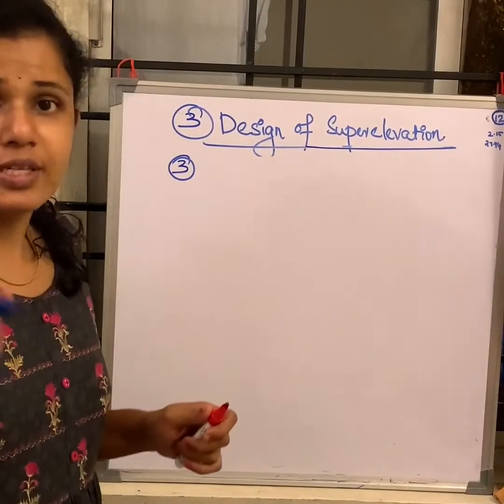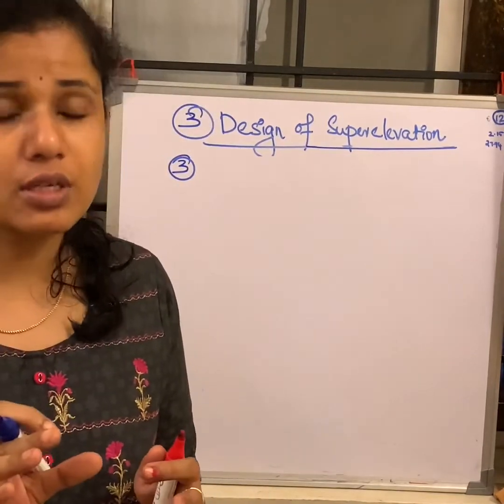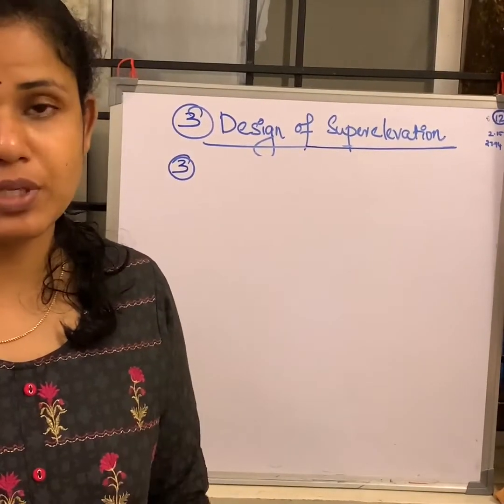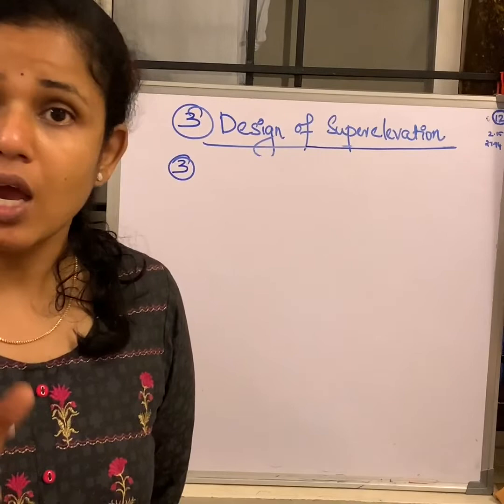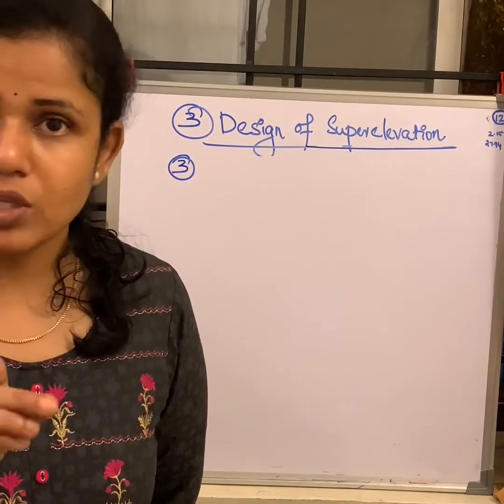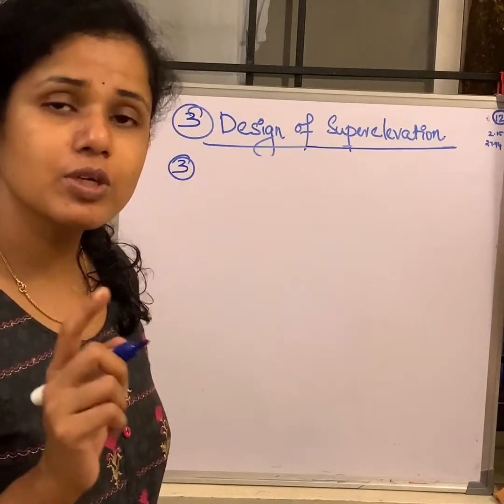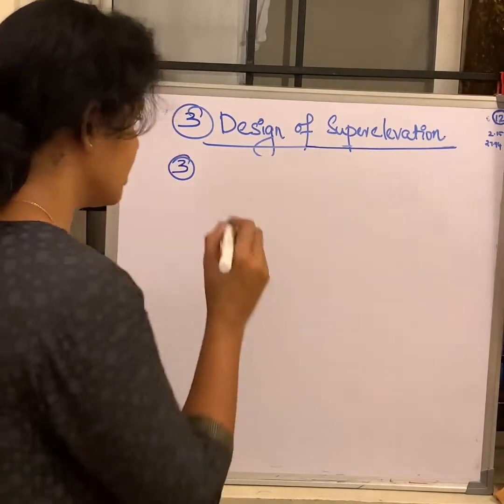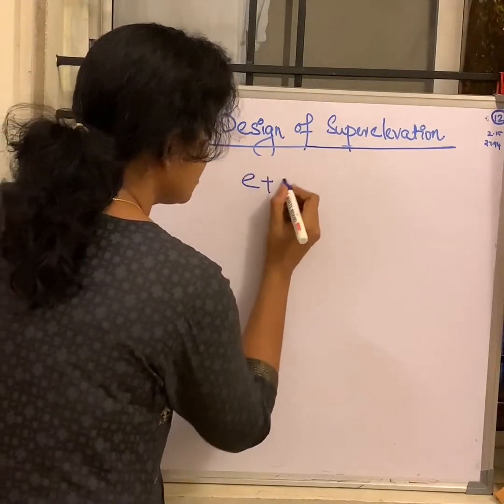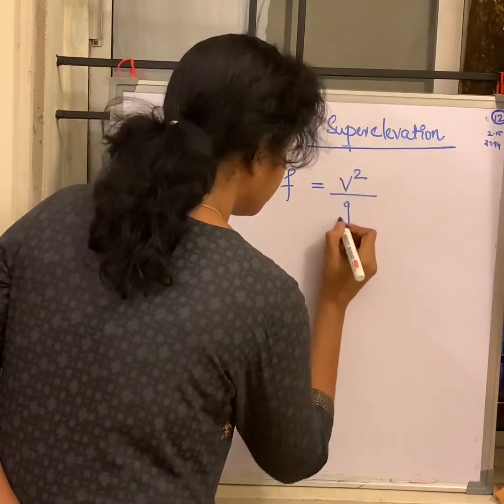So what we said, step 2 is telling you to limit your super elevation value to 7%, the maximum value. But have a check on the coefficient of friction F and the speed. So this is step 3 and 4. In step 3, first we are going to see how much is the coefficient of friction over there. So we have the same equation, E plus F is equal to V square by GR.